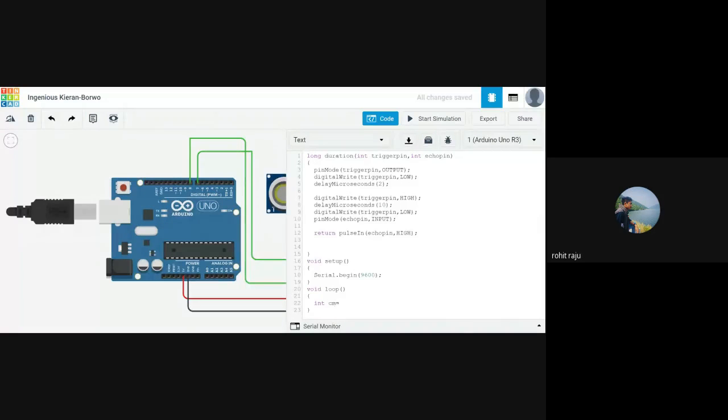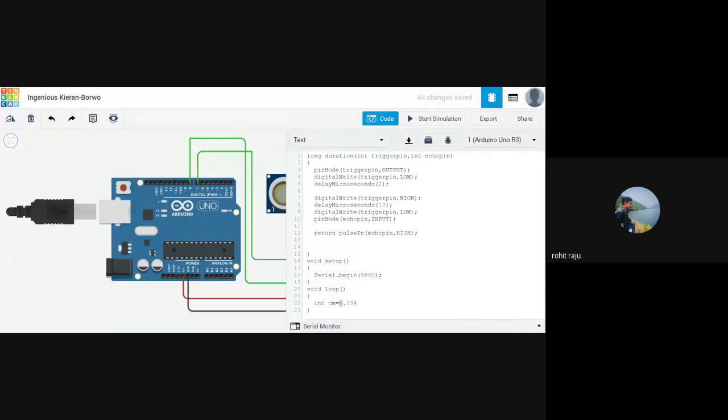And so as I said, distance equals speed into time. So it is 340 meters per second, but we need to convert this value because all our units are in microseconds. So 340 meters per second is 0.034 centimeters per microsecond.